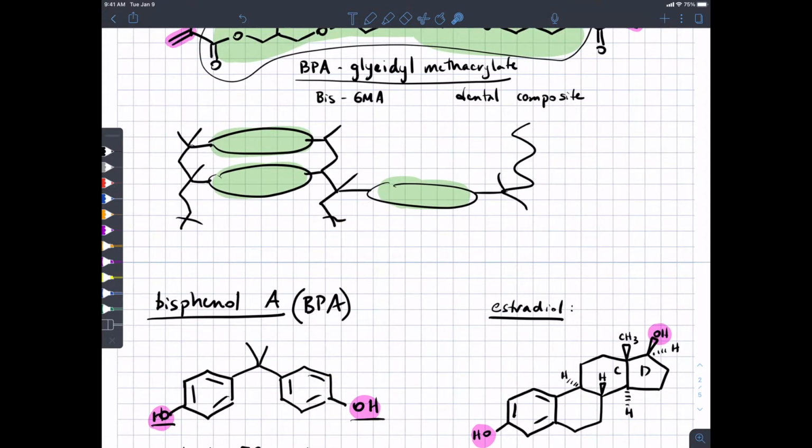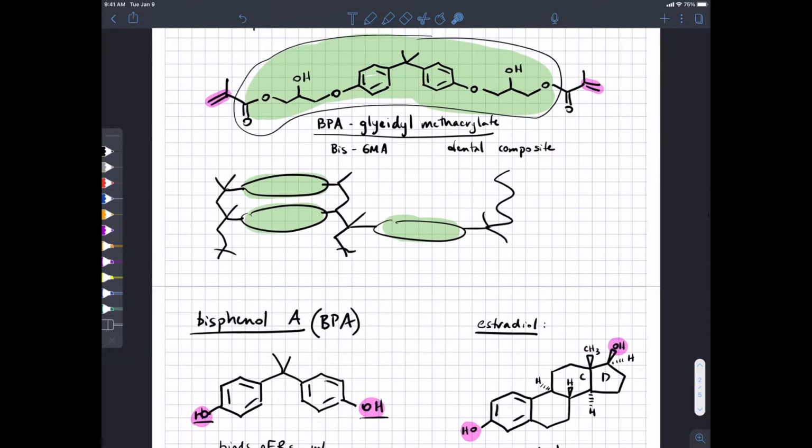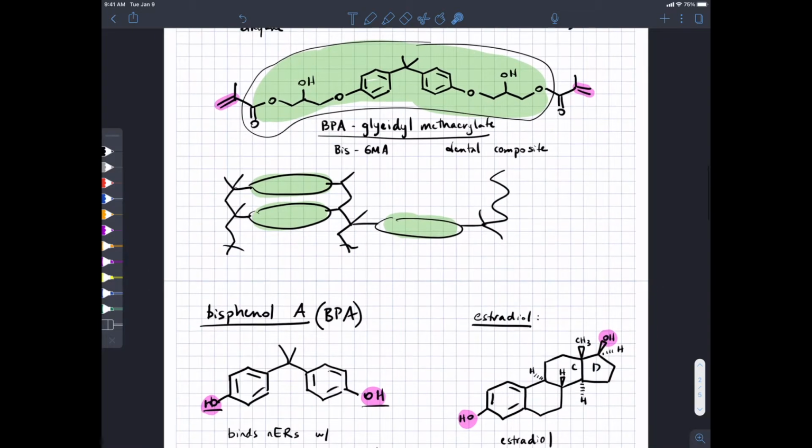It's got two benzene rings linked together by a quaternary carbon with 2 methyl groups on it, and then either benzene ring has an OH group. And it happens to be a convenient scaffold for polymers. It's not just in dental composite, but in some other polymers, especially epoxy type polymers. There will be things branching off on this side and on that side, and it's just a useful way of cross-linking individual polymer chains. However, if you've